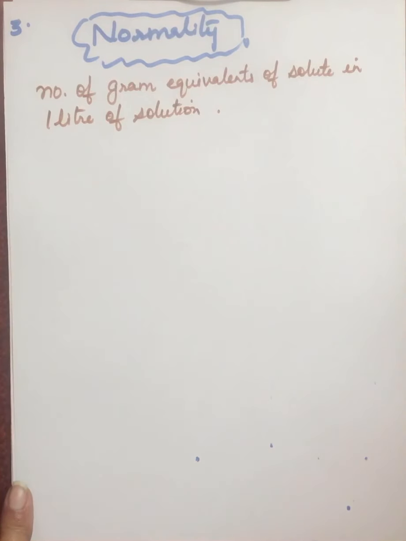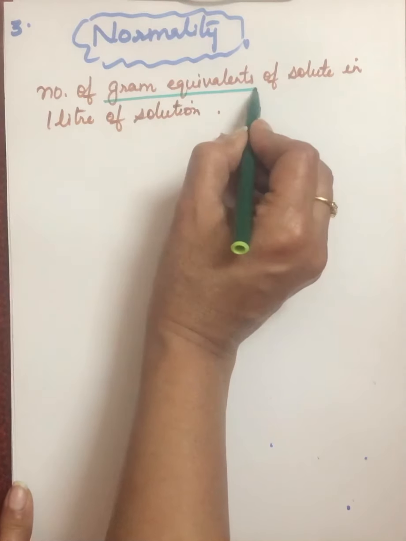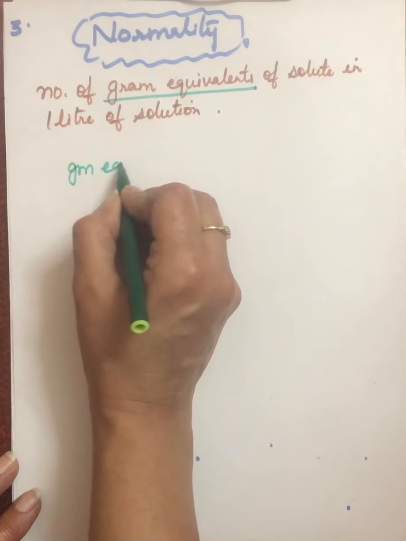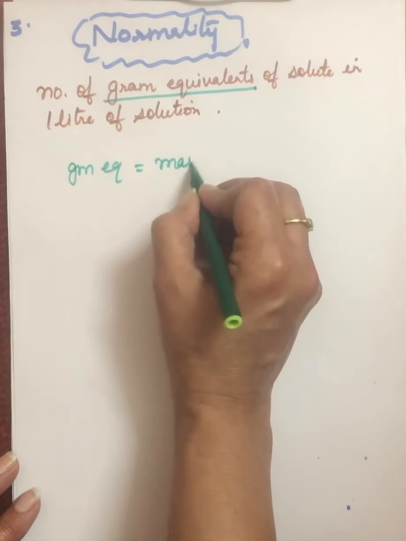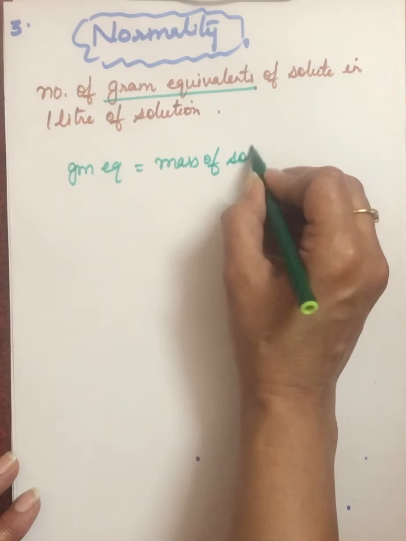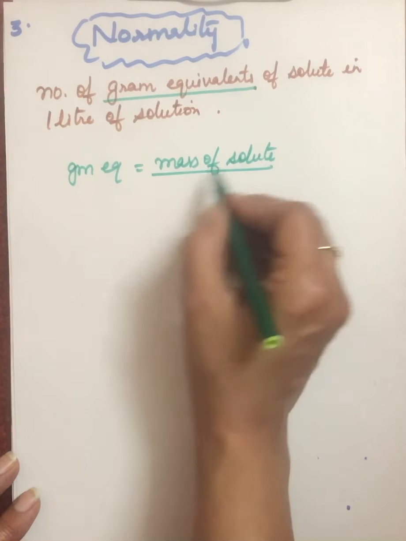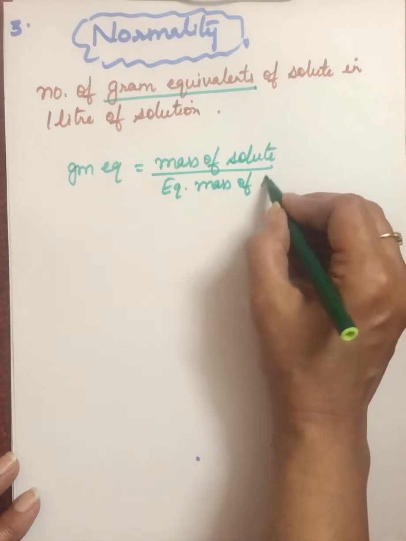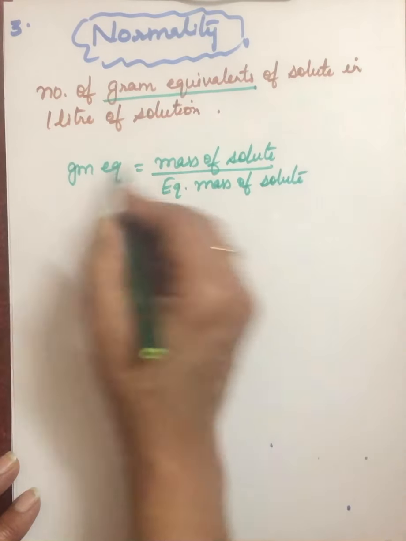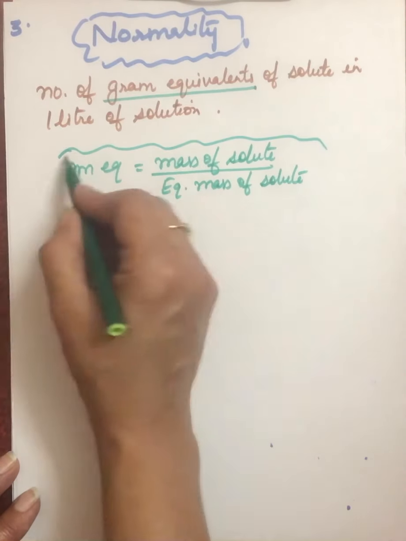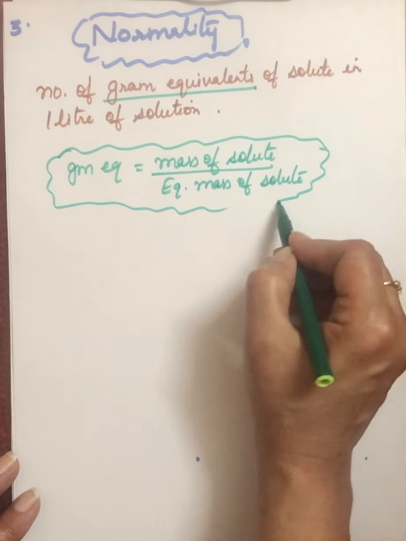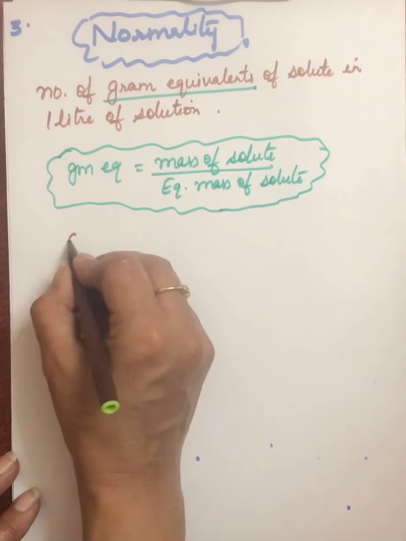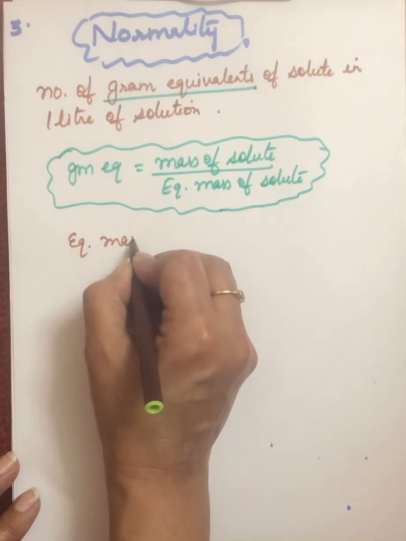So our first problem is, what is the meaning of gram equivalents? Gram equivalents are equal to mass of solute upon equivalent mass of solute. This is the formula to find out the gram equivalents. But now one more problem we have. What is equivalent mass? So equivalent mass is equal to